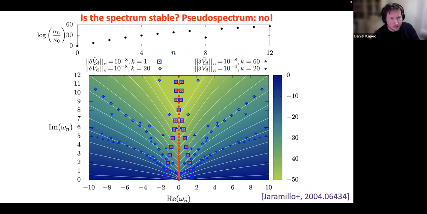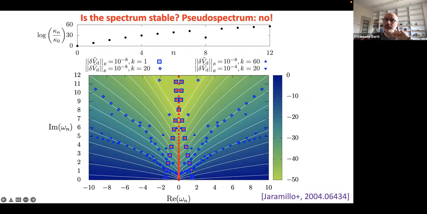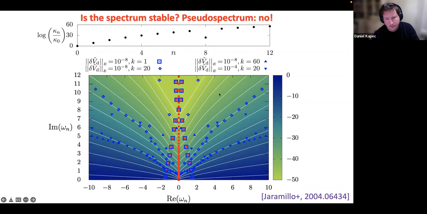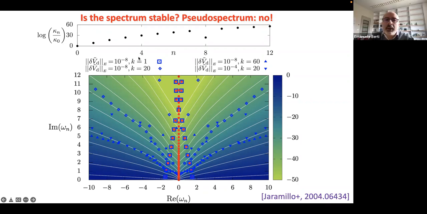What is the physical reason that the real part is so much more unstable than the imaginary part? They are both unstable. They both migrate very far. So basically, the new spectrum that you get when you introduce a perturbation, let me explain a little better what they do here. They introduce a perturbation of order 10 to the minus 8 in amplitude, which is sinusoidal with a wave number k. So what you find is that if you have a wave number that is large enough,